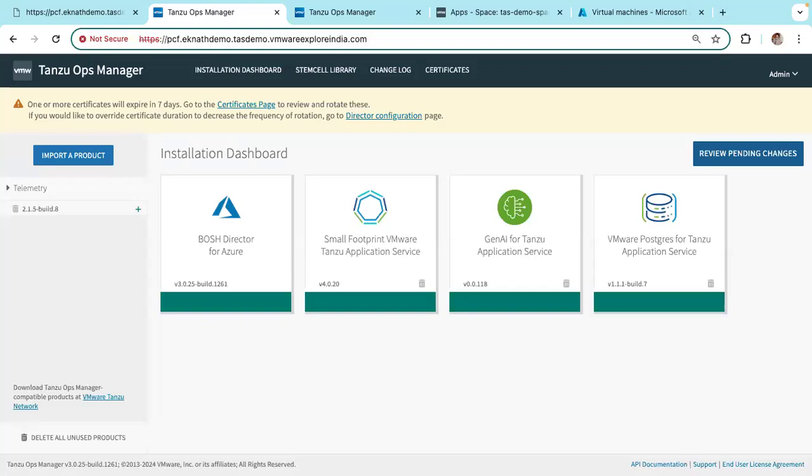In this demo, I'll be walking you through how GenAI can be used in Tanzu Application Service. As you know, Tanzu Application Service delivers consistent developer and operational experience on both vSphere and public clouds. For this demo, I've deployed TAS, that is Tanzu Application Service, on Azure Cloud and added a few tiles as you